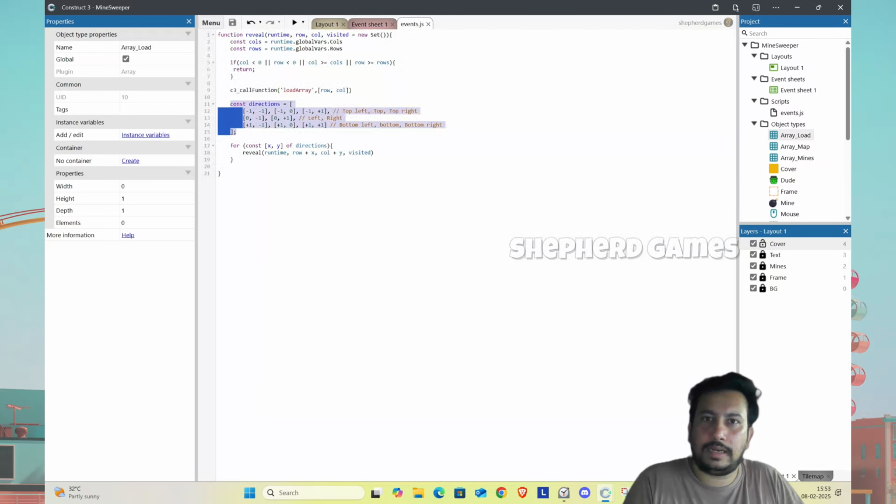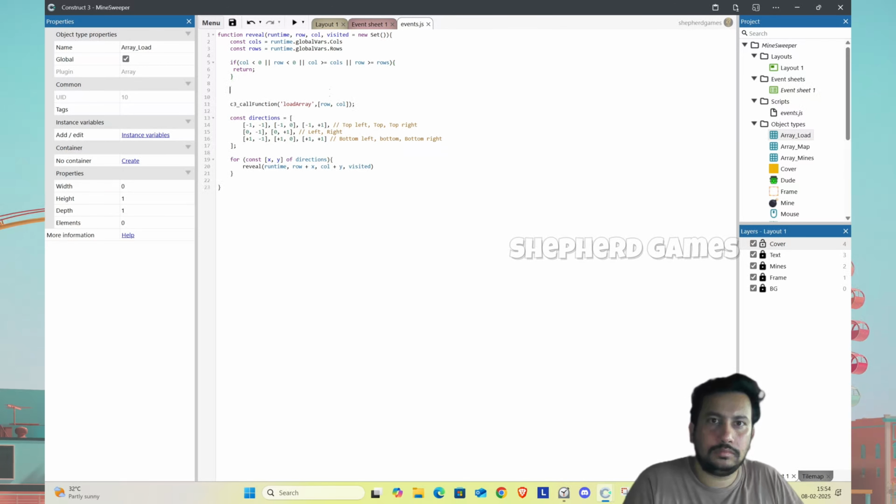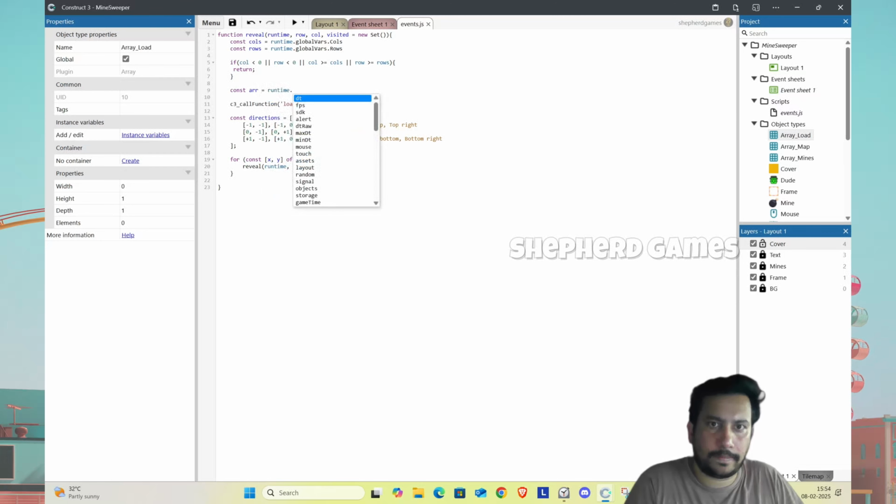And I have added directions, coordinates here of all the 8 sides. I'm looping them through and just checking all the values in these 8 directions, 8 coordinates, whether they have a blank or not. Okay, so I'll call something called array where I'm going to fetch objects dot